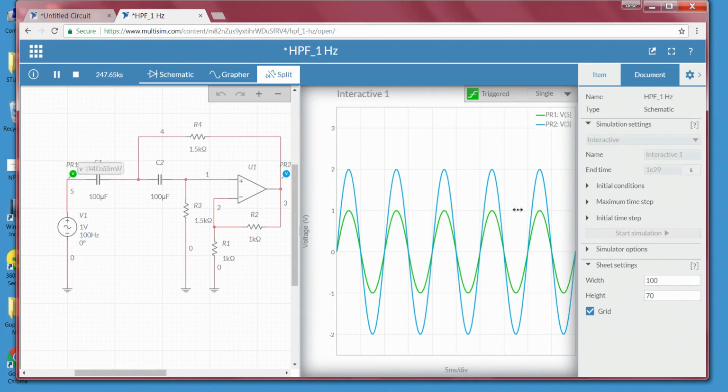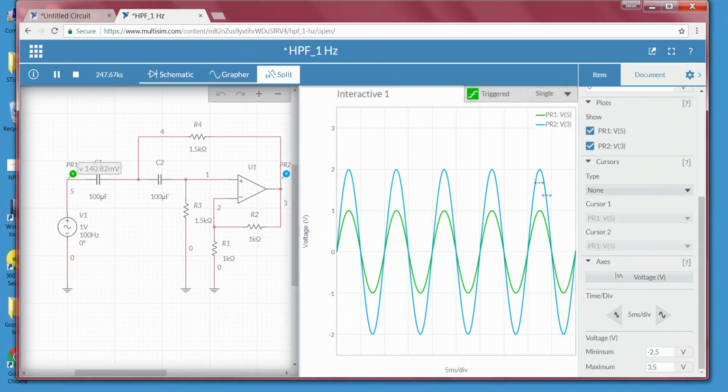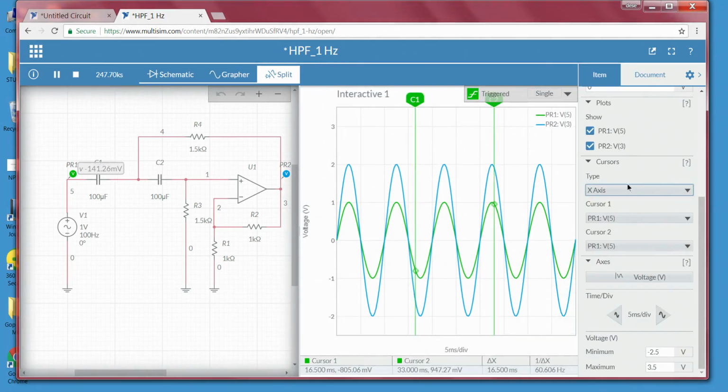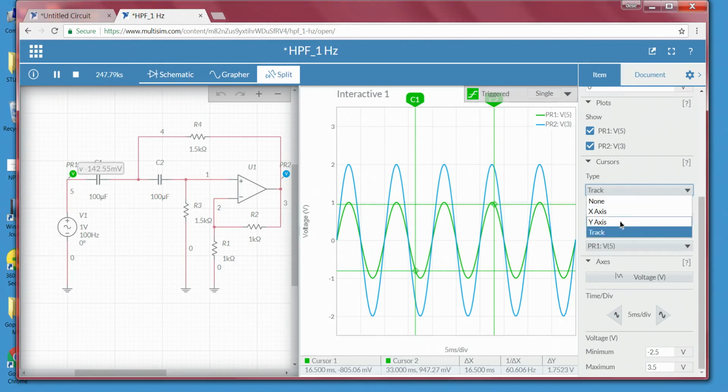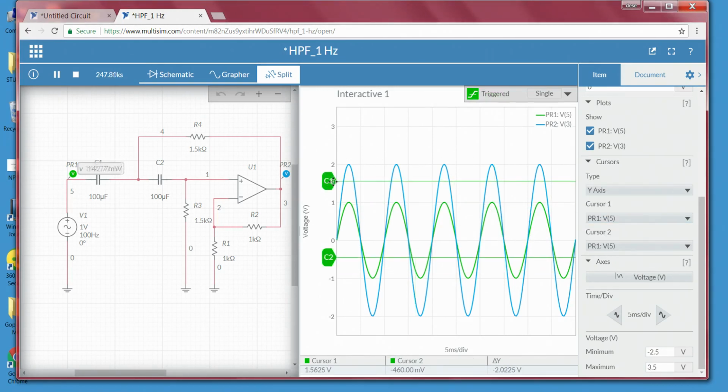Now, to understand that, we will create a cursor. I will take the y axis amplitude cursor and place it at 1.414 volts.